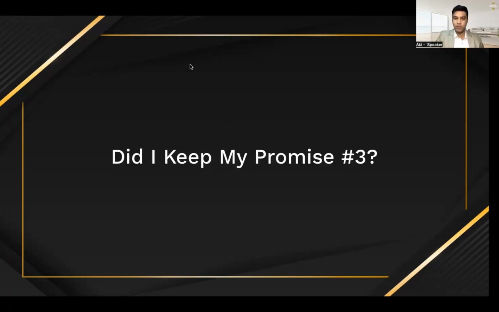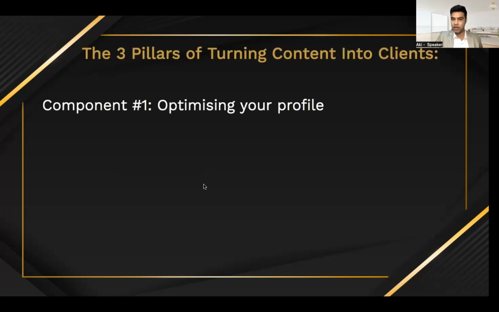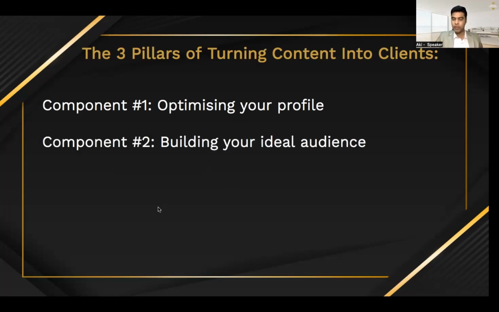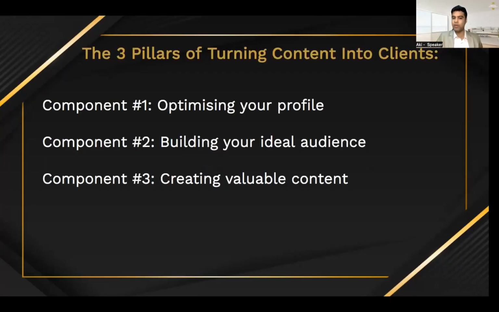Yay. Okay. So that is it, everybody. Let me summarize quickly the 3 pillars of turning content into clients. Number 1 is optimizing your profile. Number 2 is building your ideal audience. And number 3 is to create valuable content. All of these things that I've talked about today will help you generate more interest and have more visibility. Now, you still need to know how to turn people from a prospect into a client